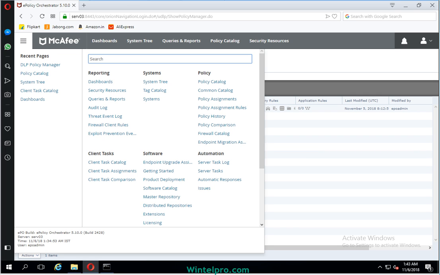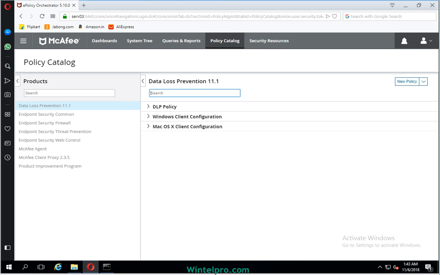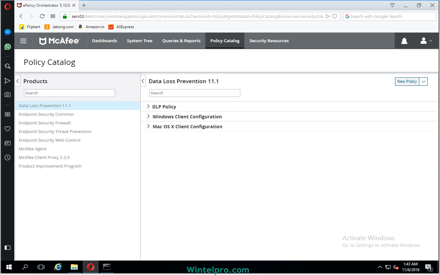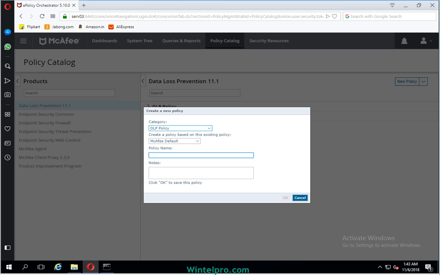I'm going to move to the policy catalog, because this is related to data loss prevention. I need to select the product DLP policy, or you can also select the category from this option,